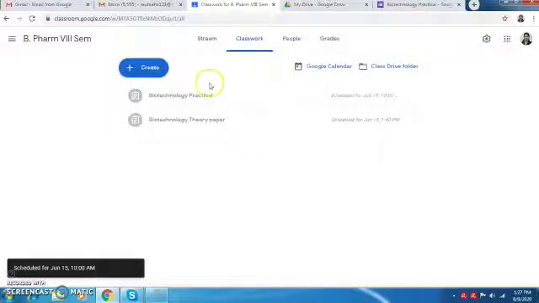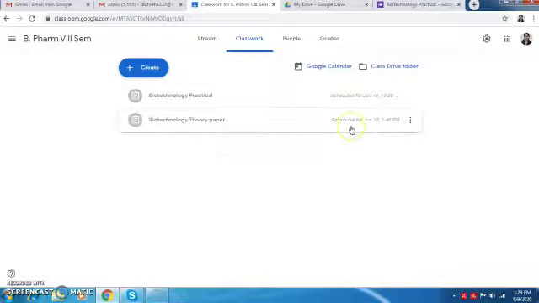You can see here in classwork, this is in gray. It is not dark color. It is just a gray color because it is scheduled on 15th, and the other one is scheduled on 15th again in the afternoon hours. So after creating this, you'll be able to see all this. So this is all about how to create a question paper for your sessional examination.